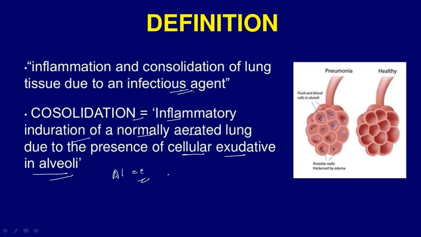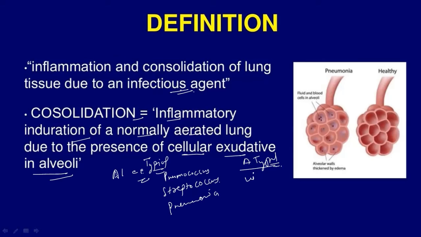So the microorganisms mainly present, in case of typical one, are pneumococcus, Streptococcus pneumoniae, right? In case of atypical one, the cause may be viral and Mycoplasma, right? Sometimes this may be due to Chlamydia, Legionella,